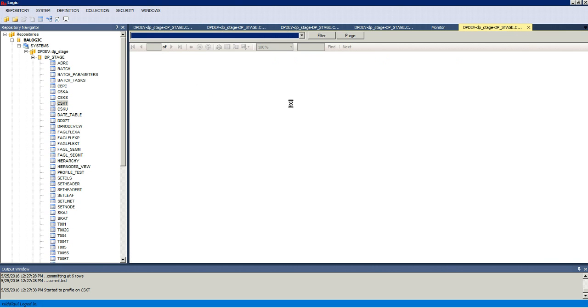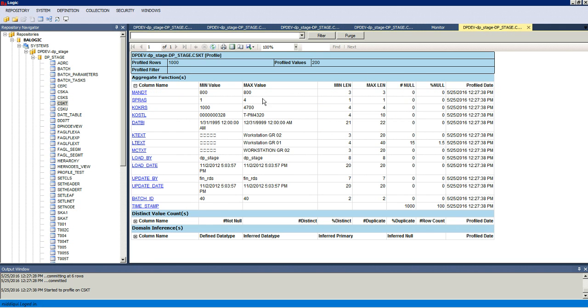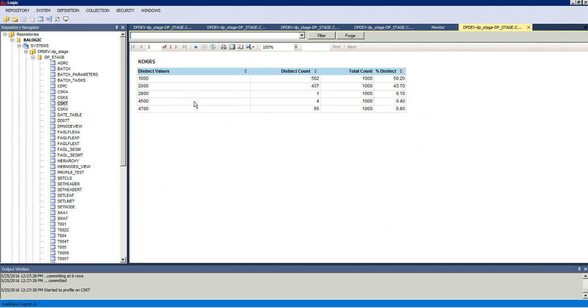When I click on view result, it shows me this is the profile. It tells me, hey, I profiled 1,000 rows, and of the profile values, the distinct values, I kept only 200, and there was no filter. So you see here on the aggregate function, you see all of the max and min values, you see null count percentage, and I can even look at these values by clicking here and it gives me the values and the counts, and this is the distribution. Remember that we only profiled 1,000 rows,